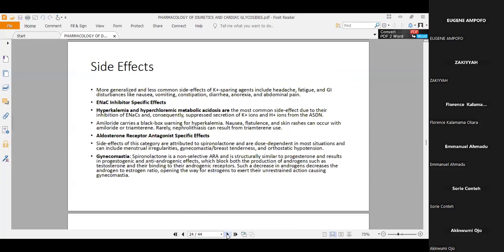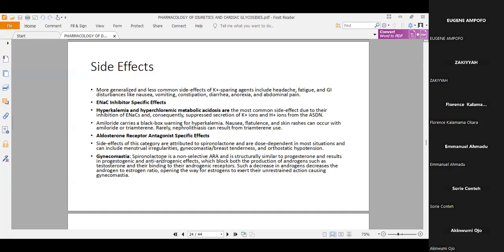The side effects. More generalized and less common side effects of potassium-sparing agents include headache, fatigue, GI disturbances like nausea, vomiting, constipation, diarrhea, anorexia, and abdominal pain. Side effects that are specific to amiloride and triamterene include hyperkalemia and hyperchloremic metabolic acidosis, while aldosterone receptor antagonists have specific side effects